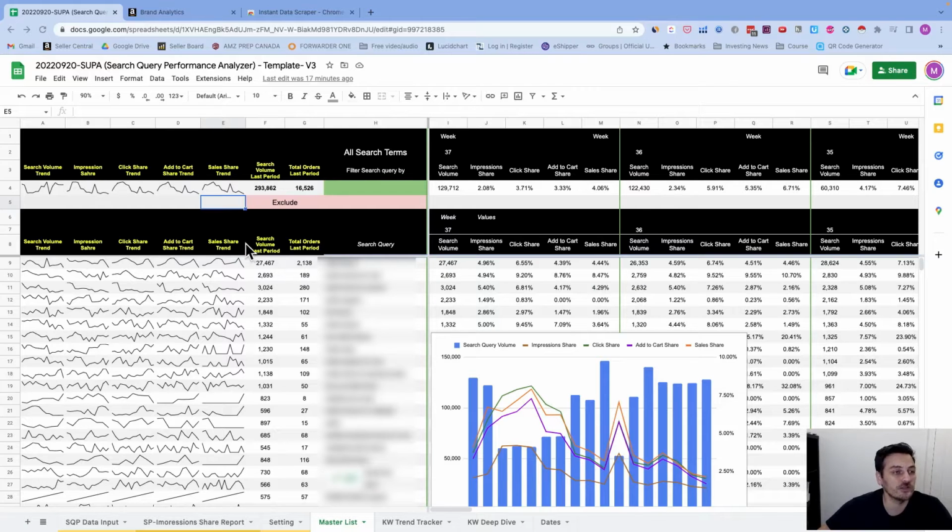If this is your first time seeing this, it stands for Search Query Performance Analyzer. It's a tool that you can extract data from Search Query Performance and use this template to find the trends. And there are so many use cases that you can use this template for. So I'm going to first go over the tabs that you see here. And then after that, in the next step, we will go over how to extract data from Search Query Performance and